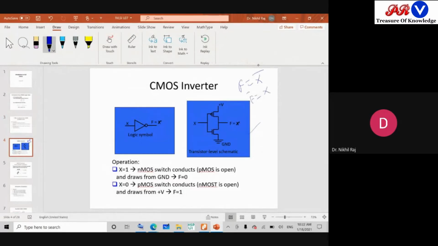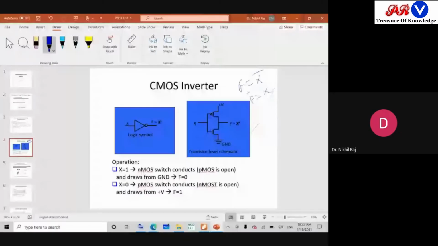So once it is x, now pull up network, now pull down network में क्या होगा? A single transistor will be used. The single transistor is there and input is x. And what happens to the pull up network? इसी का complement dual, तो nothing is there, dot भी नहीं है, plus भी नहीं है, so the same single transistor will be there and PMOS will be attached and X will be the input.